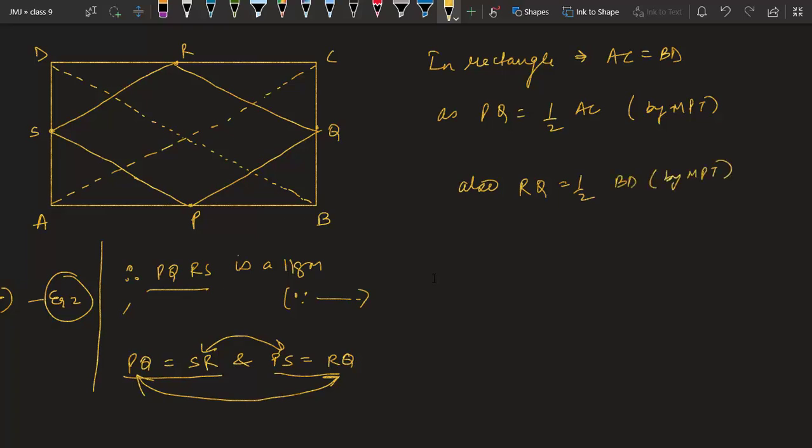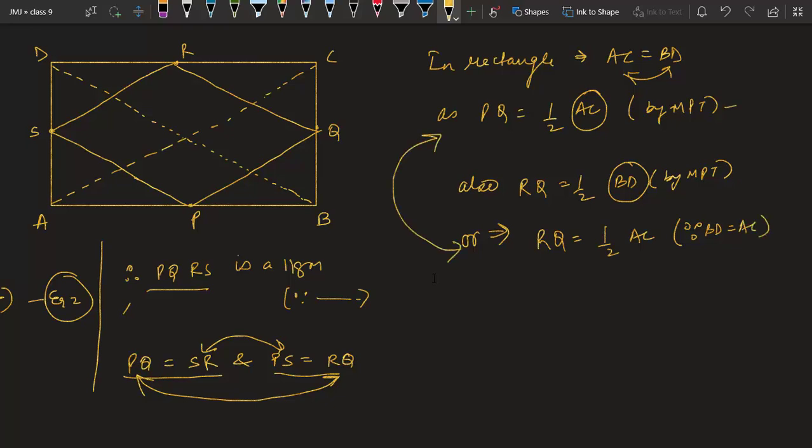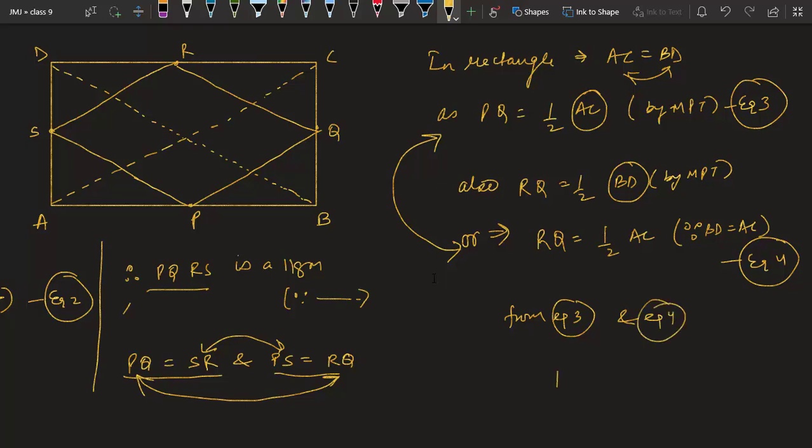Now class, are you able to understand what I have done? Here AC is coming, here BD is coming, and they both are equal. Can't we change it? So we can say RQ is equal to half of AC because BD equal to AC. Now, if you compare these two, let me call it equation number 3. Let me call it equation number 4. From equation 3 and 4, we have got the answer. So, from equation 3 and equation 4, we can say PQ is equal to RQ, and this was the connecting